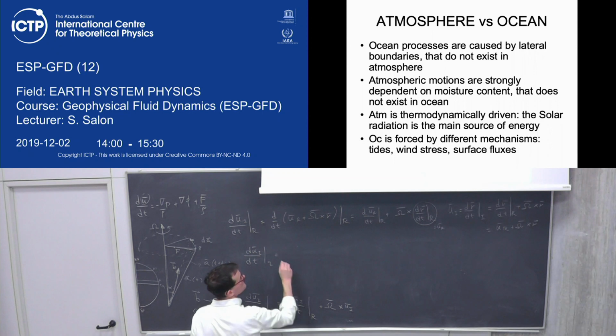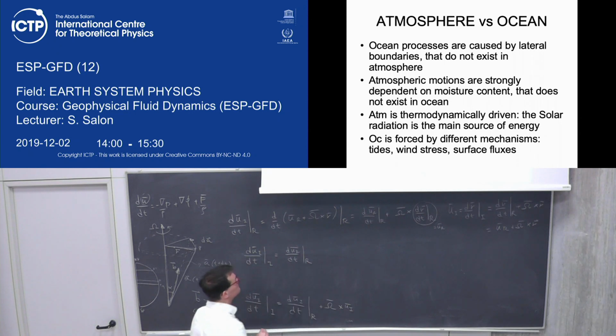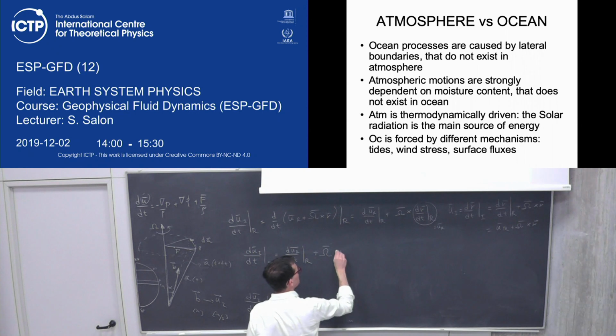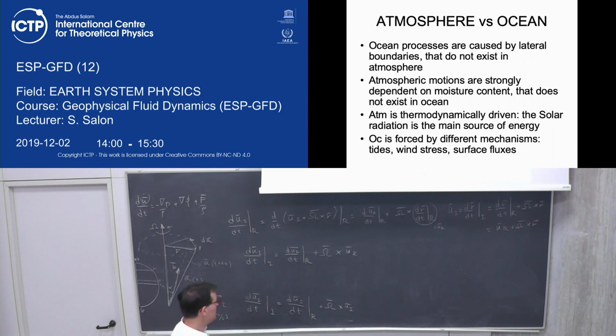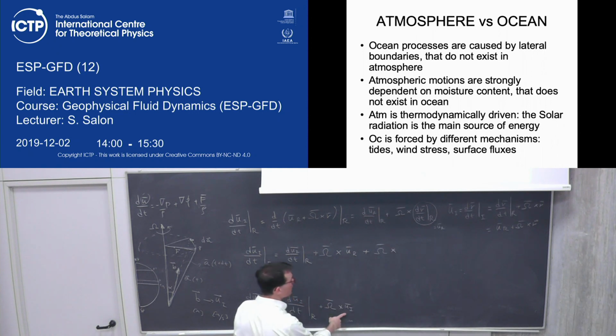So it is (dur/dt)r plus omega vector product with ur, plus, so this is these two terms, and then another term which is again omega multiplied by ui, which we know is ur